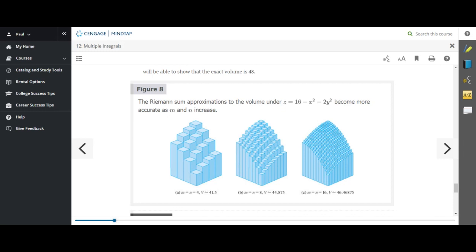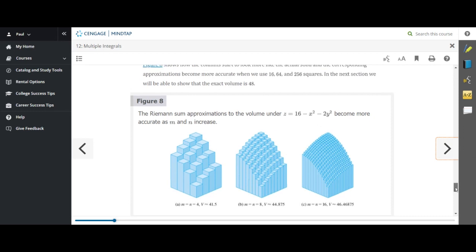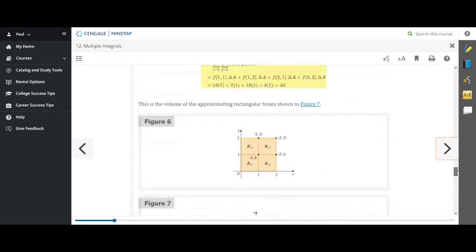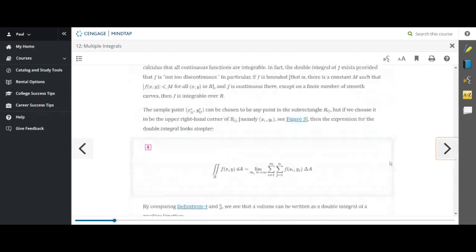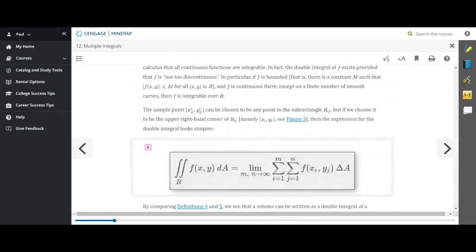So the concept of the volume underneath the surface is the same. It's similar to the concept of area underneath a function. And in fact, if we let those little subrectangles, where we create the blocks, get smaller and smaller, that means we let m and n go to infinity, we're going to end up with a double integral. And the double integral is the actual true volume underneath the surface. So that's really what section